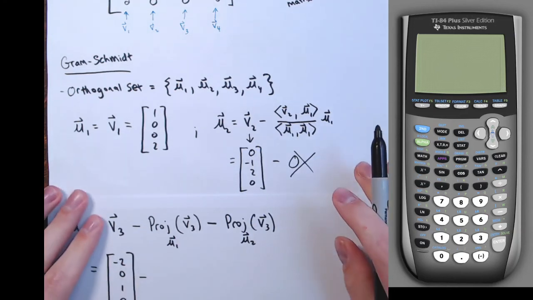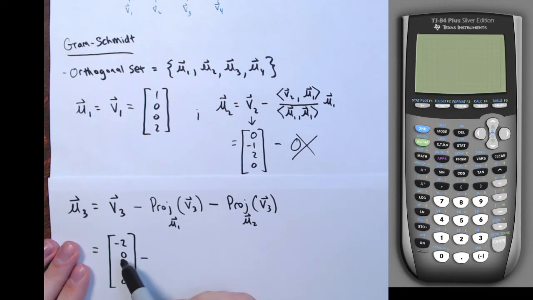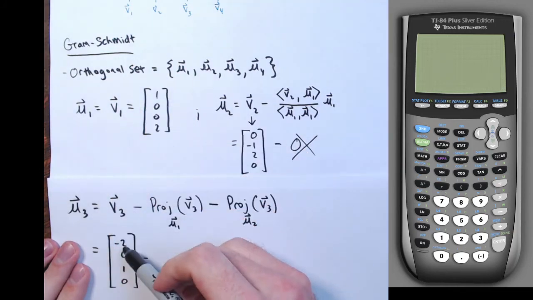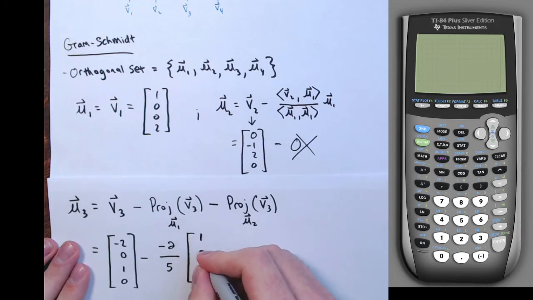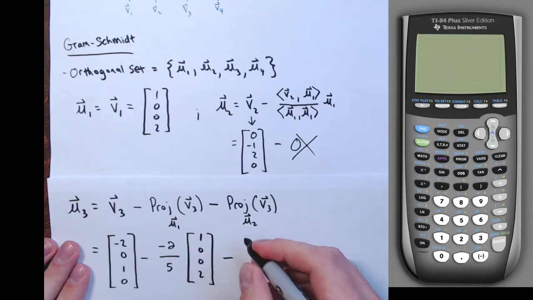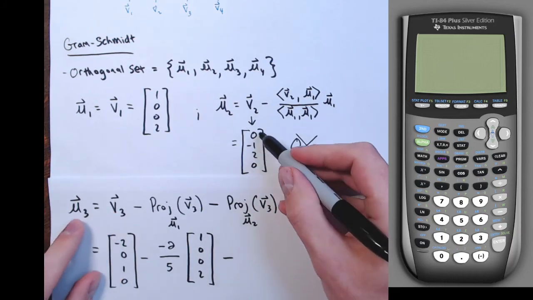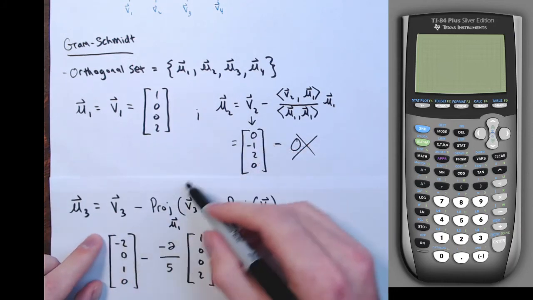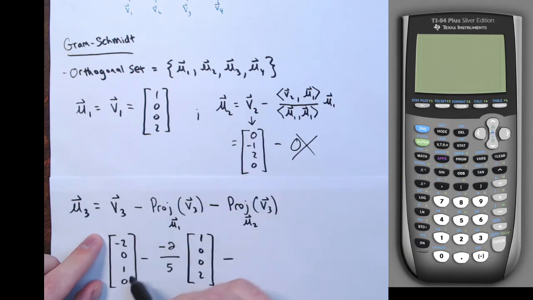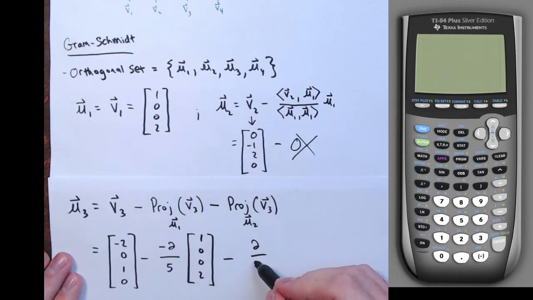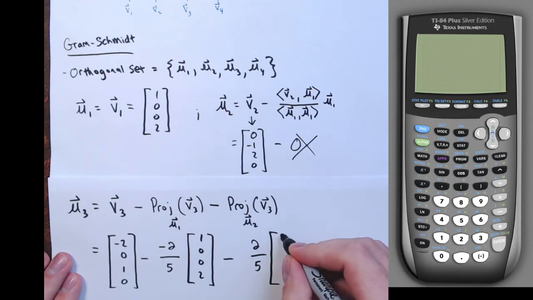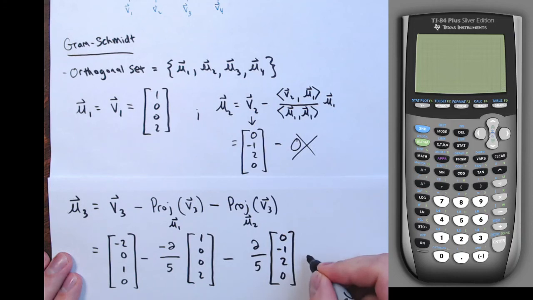Minus, now the projection onto u1, do the dot product of v3 with u1, so that'd be negative 2 plus nothing plus nothing plus nothing, so negative 2 in the numerator divided by the dot product of u1 with itself, which would be 5, times u1, minus the projection of v3 onto u2, which is this vector here. Their dot product is 0, 0, 2, and 0, so there's 2 in the numerator, divided by the dot product of u2 with itself, which would also be 5, times u2. All right, putting all this together,